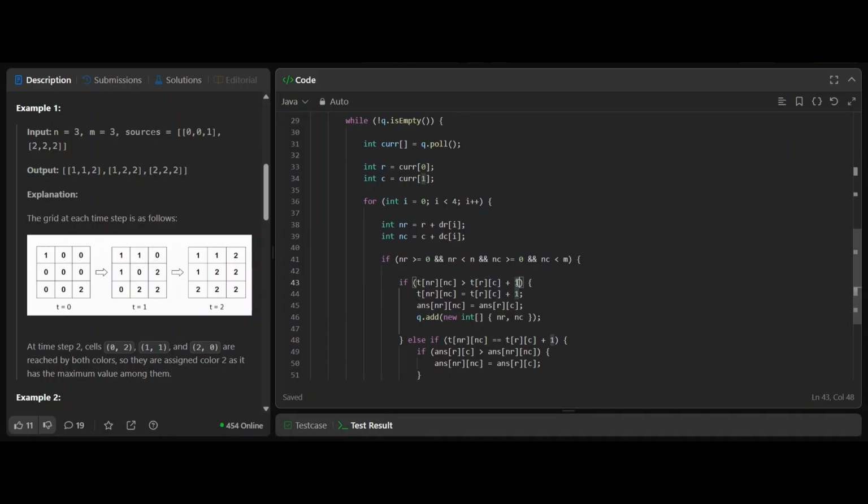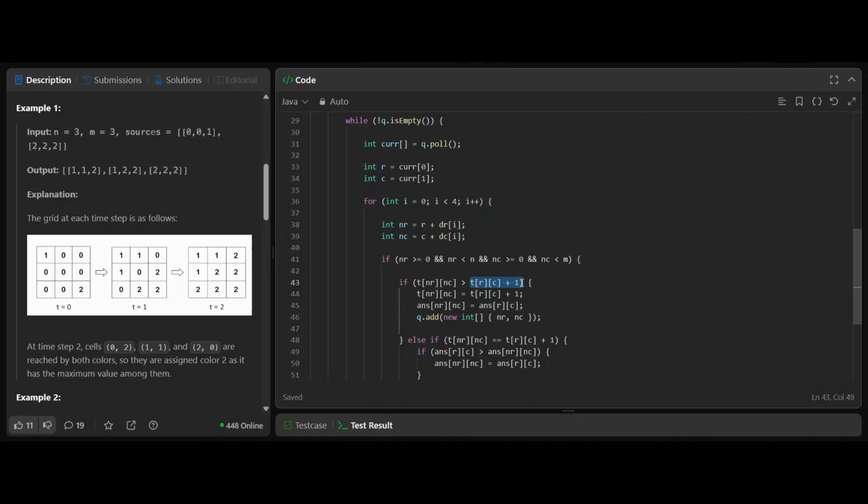तो बेसिकली अगर मेरा जो टाइम है उसमें प्लस वन फैक्टर, क्योंकि मुझे किसी तक रीच करना है, अगर वो छोटा है, जो भी टाइम है मेरे एडिशन सेल पे, इट मीन्स कि मैं उस पर पहले पहुंच सकता हूँ, जो भी उस पर अभी वैल्यू है, जिसने भी वो वैल्यू इंसर्ट की है, राइट। अगर ऐसा है, तो मैं अपना टाइम डालूंगा। क्योंकि अब यहाँ पर आपको कंपेयर नहीं करना कि उस पे जो वैल्यू है ऑलरेडी, जो मेरी वैल्यू है, मैं जो मैक्सिमम होगी वो डालूं। नहीं, क्योंकि आप पहले पहुंच रहे हैं, उस पे जो टाइम ऑलरेडी मेंशन है, आप उससे पहले पहुंच रहे हो।